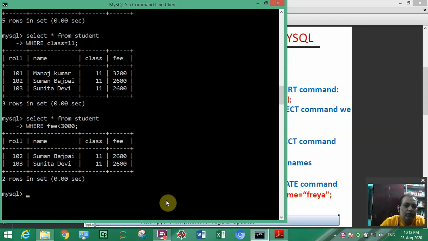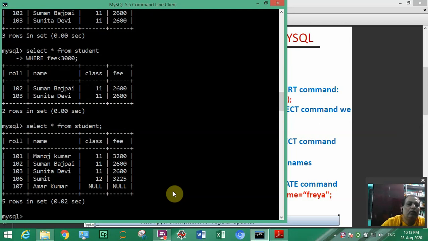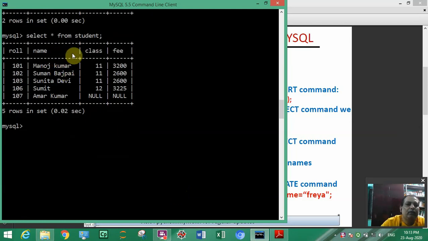Next, insert we have seen, select we have seen. Then next, I want to show you the update command. So first see this table. It has one record where fee and class are not known.